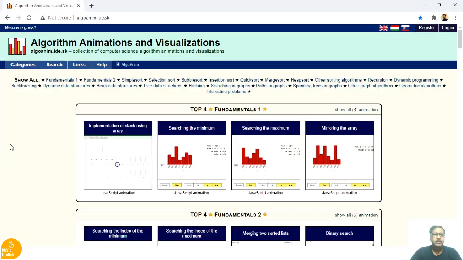Here I am going to give you one URL. You can also try this URL on your browser, in which you will find the animations for various sorting and searching algorithms.